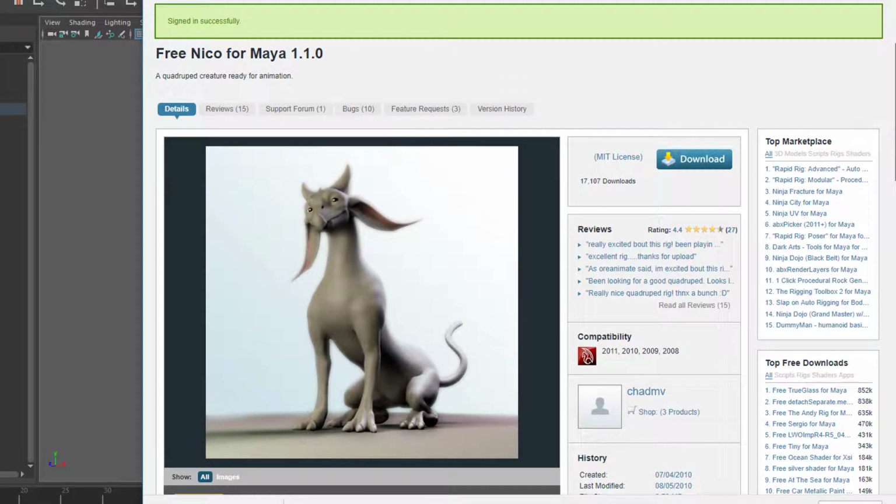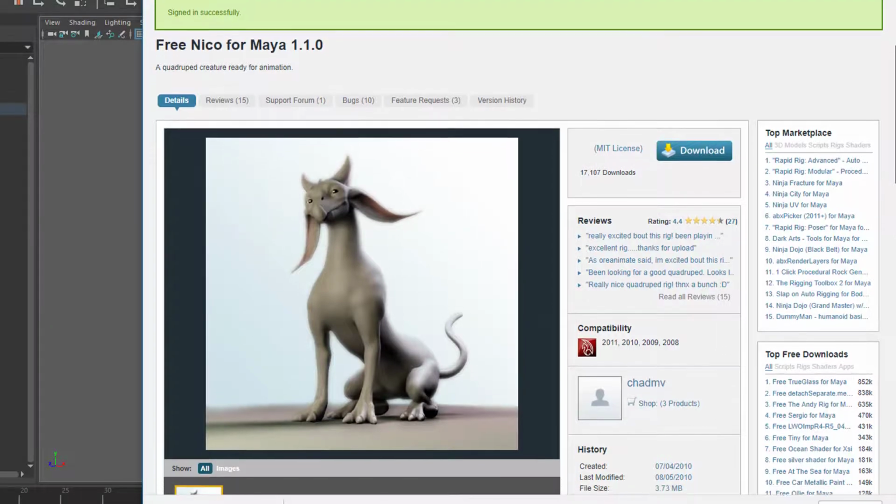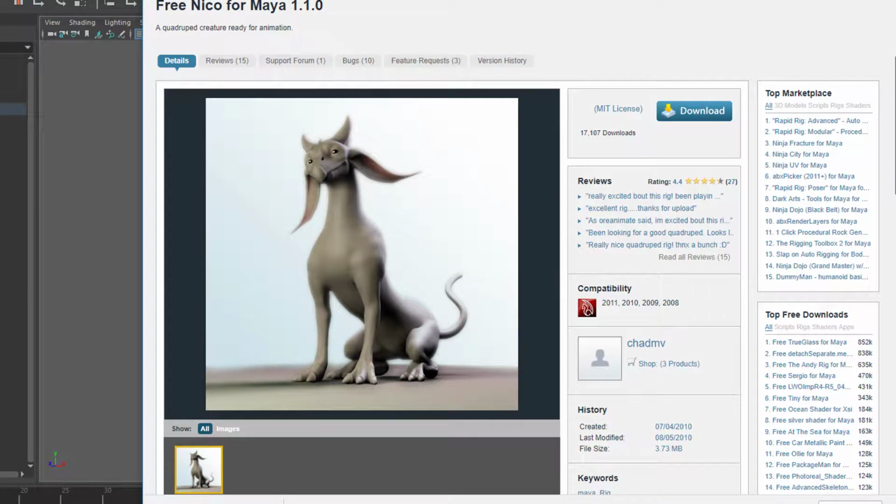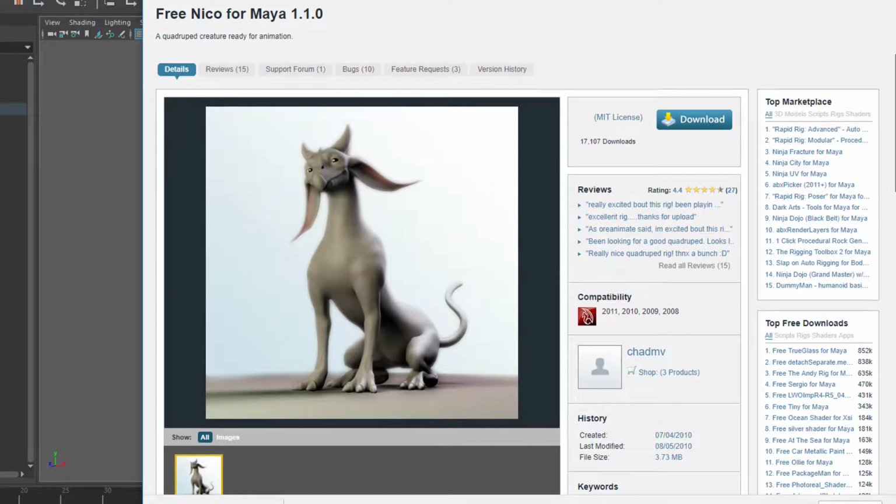Anyway, this is free Nico for Maya 1.1.0, so it's not the very first version of this thing. And it is under an MIT license, whatever that is. 17,000 people have downloaded it, and I found it on